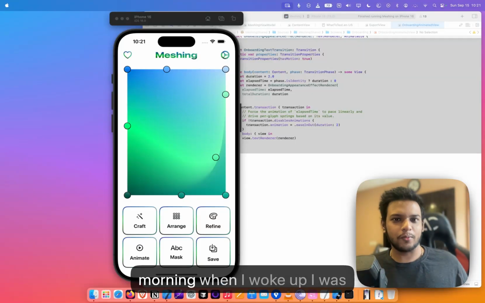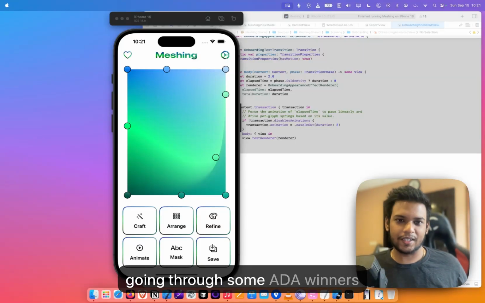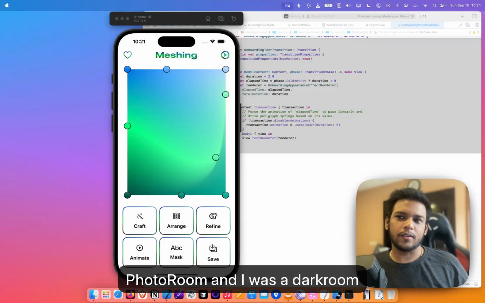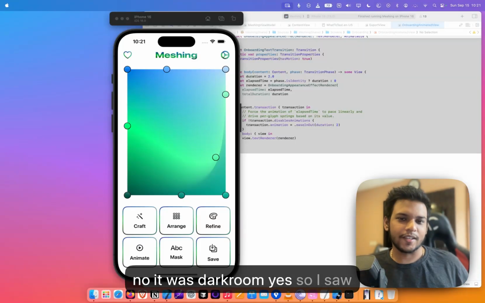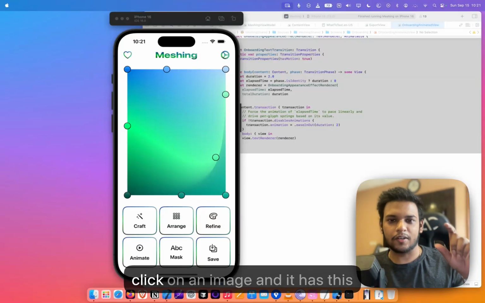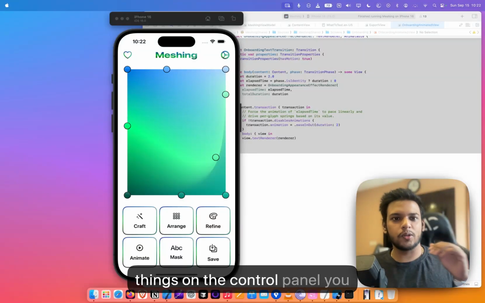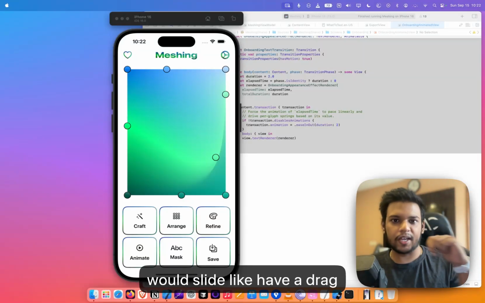But in the morning, when I woke up, I was going through some ADA winners, specifically this app called Darkroom. I saw this interaction where you could click on an image and it has this control panel, and to open the things on the control panel you would have a drag gesture.